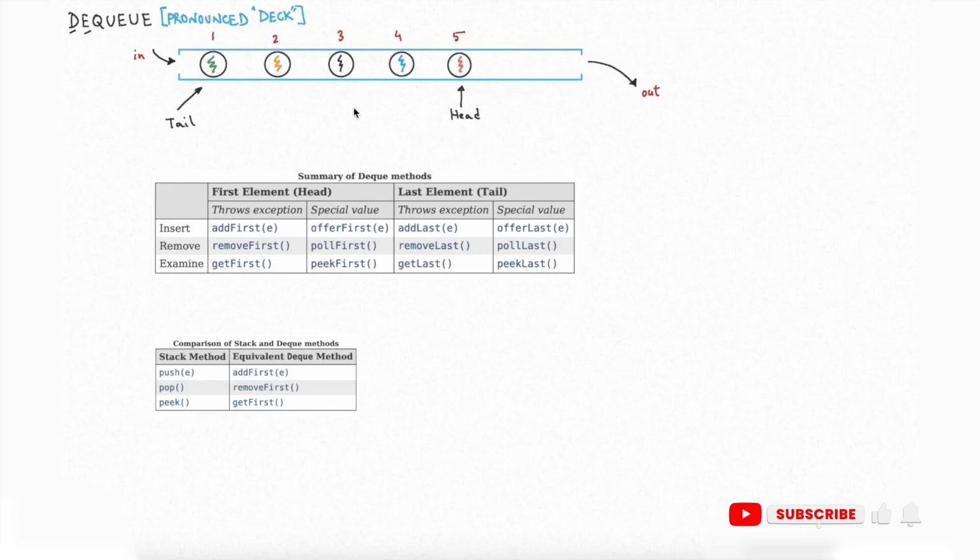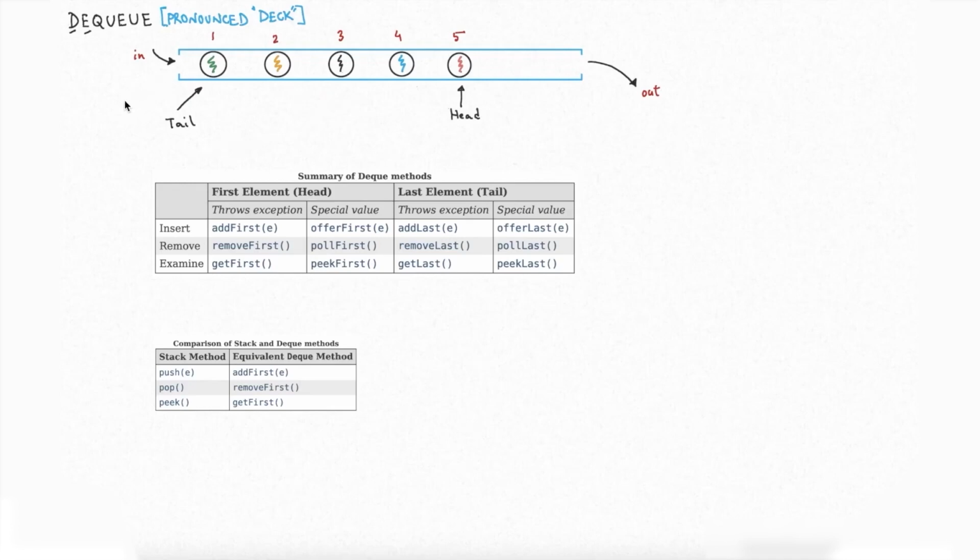Now, queues can have duplicates if we are using the first in, first out ordering. But if we are using a priority queue, if we have duplicates, then we have to make sure that the duplicates have differing priorities. You can use null values as elements and insert them in a queue, but it is